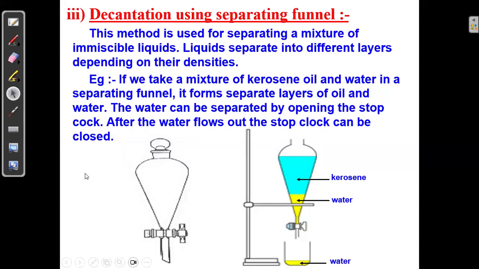You are given a separating funnel. You can take the help of a separating funnel and then separate out the contents. You see how the separating funnel works? This is a separating funnel with a stopcock. You can see a stopcock is there, it's just like a tap. So whenever required, you can turn it on or turn it off. It can be used for separating two immiscible liquids which have different densities. For example, we are here separating out a mixture of water and oil by the process of